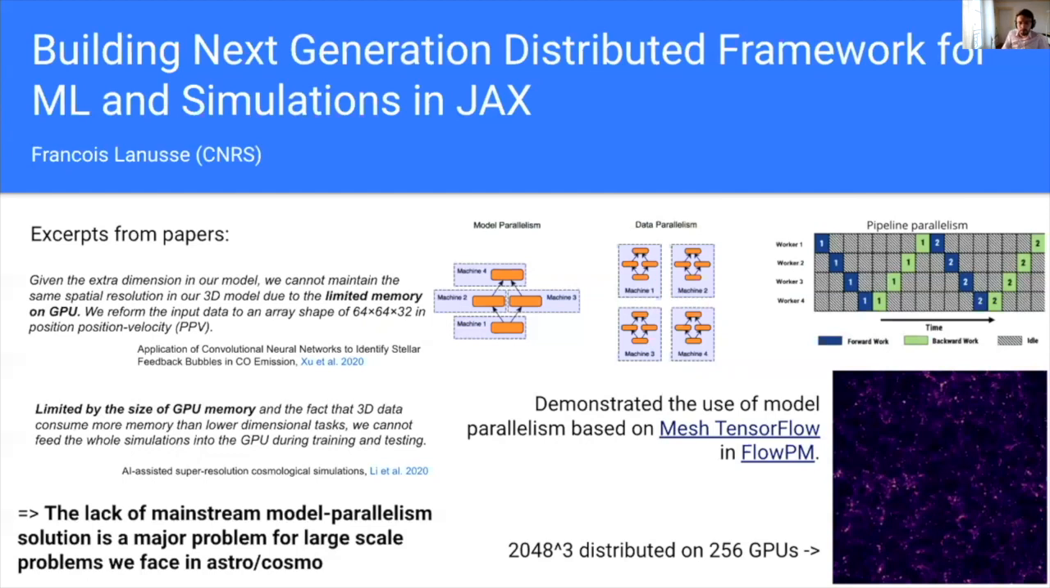We have still demonstrated with Chirag last year that you can adapt some of the current frameworks that exist, this Mesh TensorFlow framework here, to actually distribute your machine learning models across many different GPUs. And so the image that you have here on the right at the bottom is scaling up this FlowPM code that you've already heard about to 2,000 cube simulations distributed on 256 GPUs. So we have demonstrated that you can do that. But if you want to go to the next slide,